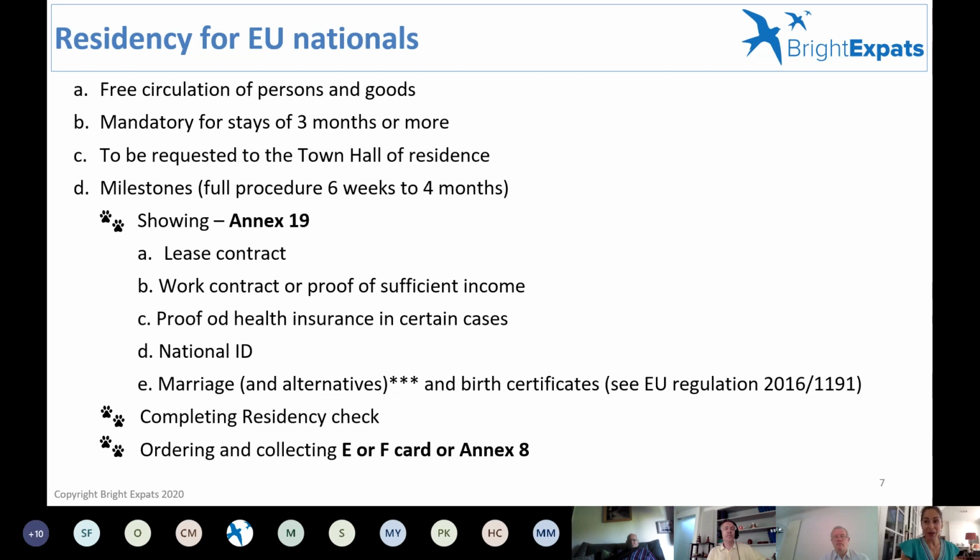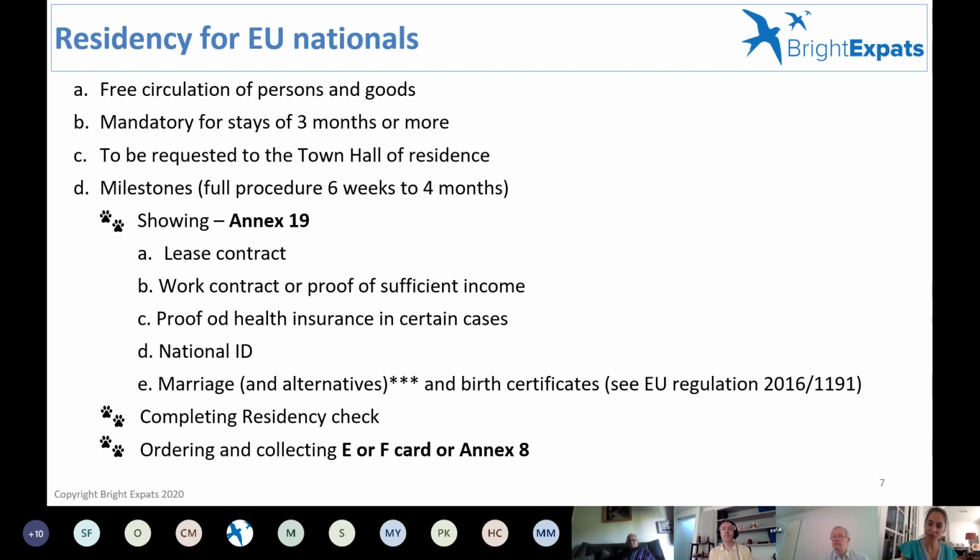Now we have covered in broad lines the citizenship question. If you have questions, please note them down, and we will answer them in the Q&A session. When the Q&A session starts, please ask your question in the chat box and we will take them one by one. We will now be talking about